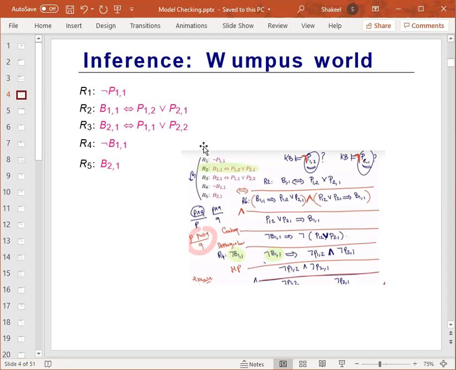All right, so first observation: P12 and P21 appear in rule 2, the proposition here. So we can just focus on this one for now. This one does not have P12 and P21, so it is unlikely that this rule would lead to inference of these two elements that we are trying to prove. So we are starting with rule 2.